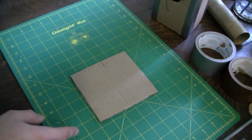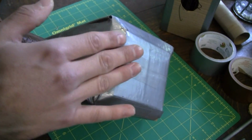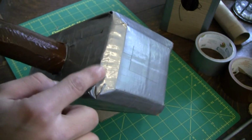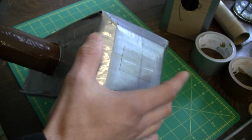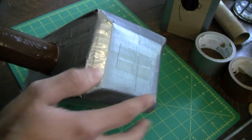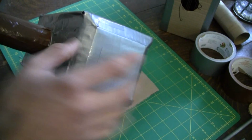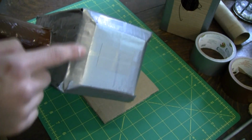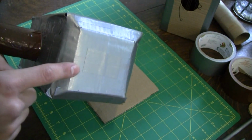which I'll show you on my original hammer here. Now if you look on the top here, it's not actually one sheet that's just flush with the actual part of the rectangle. It actually comes up just a little bit, like the first step on a pyramid, and that's exactly the 3D effect that you want. To achieve this, you have to cut out a piece of cardboard that's actually bigger than this, and then we're going to cut it on the sides. That will create this base of the pyramid, which you see right on here, and give it a nice 3D